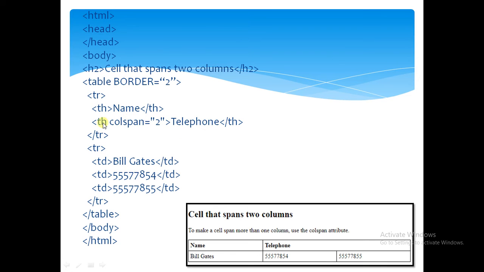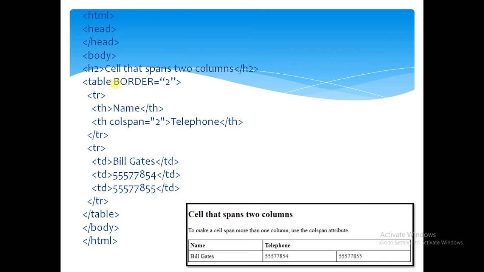But here we write colspan equal to 2, which means there are two columns, but in this th table heading tag we span two columns and we write telephone. This is telephone, and after that we close the table row.